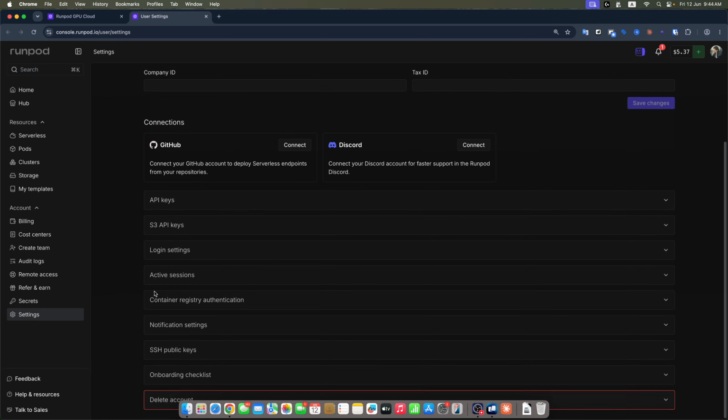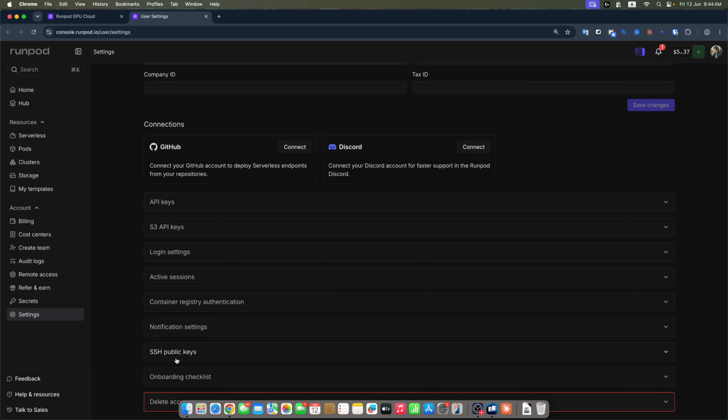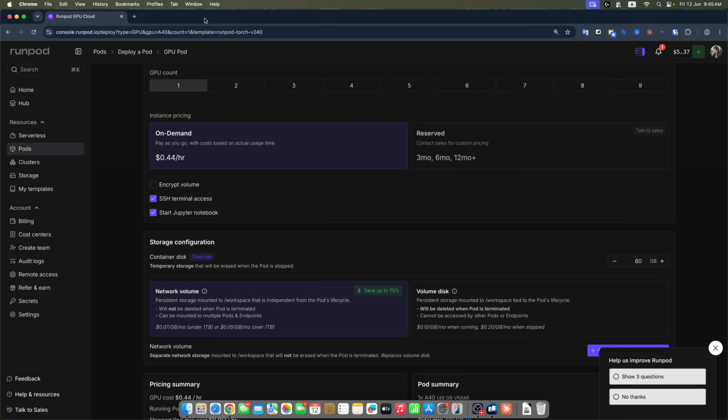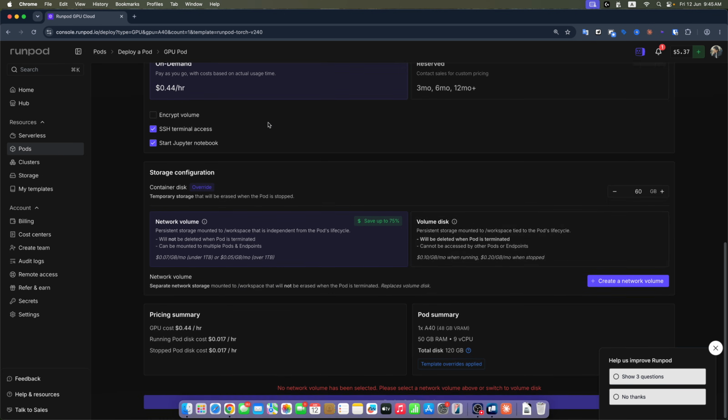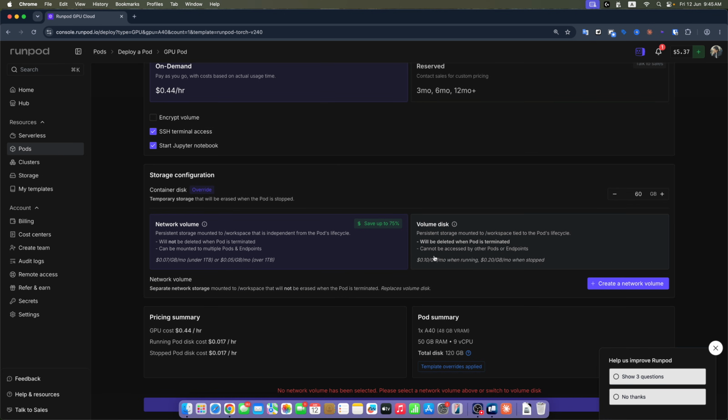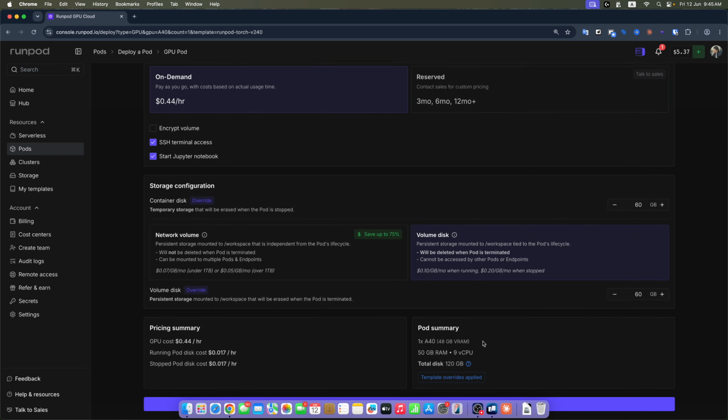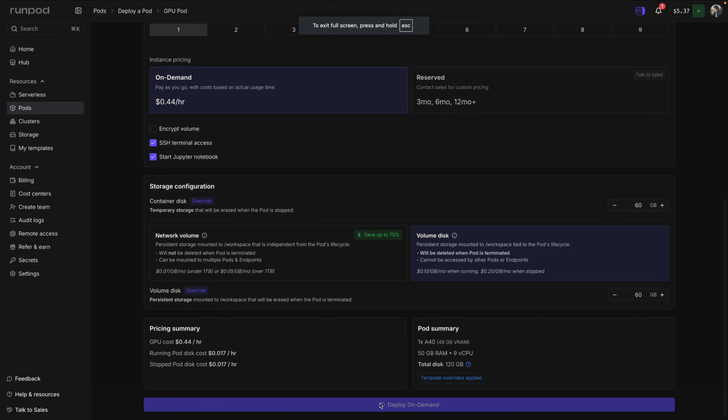If you scroll down, here we have the SSH public key. You just click on that, copy your SSH key from your computer and paste it here, save it, and then you will be able to access your VPS from your computer without using any password. And in the storage configuration, just select the volume disk and finally hit the Deploy On Demand button.